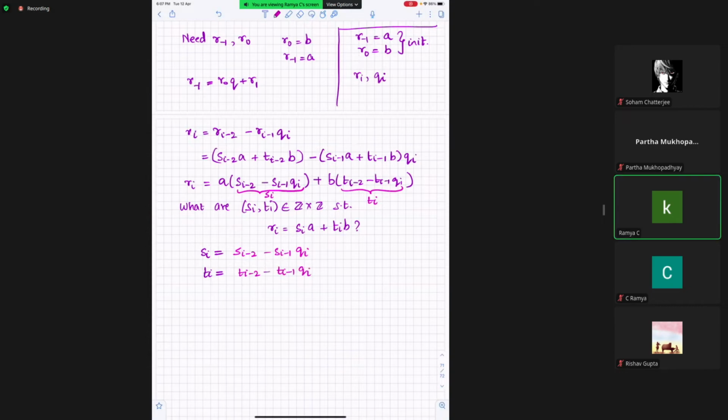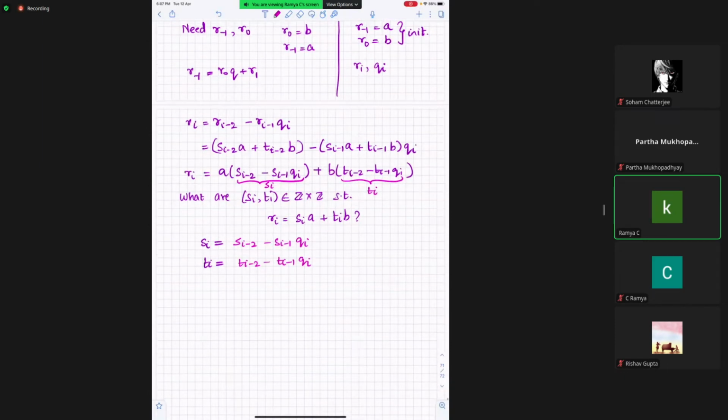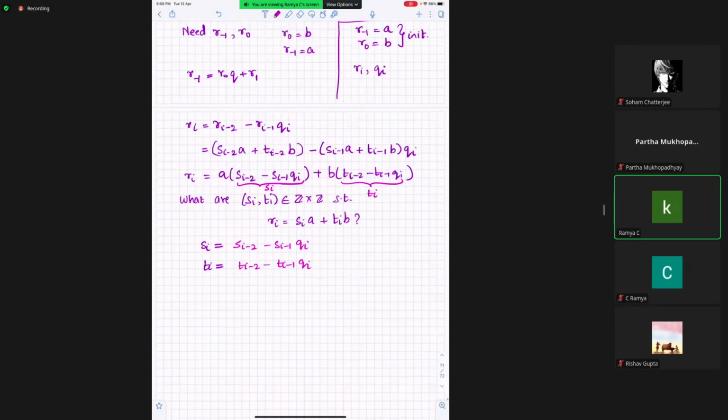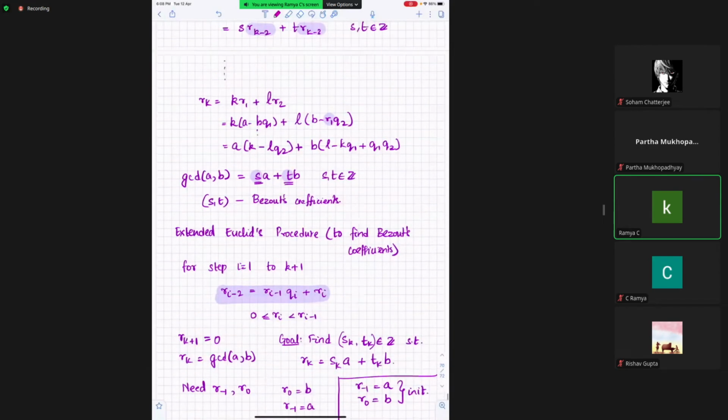Okay, great. So if I ask you what is S3, T3, you can just keep track of this at every stage and tell me the answer without doing any backward substitution. But there is one catch here. Can somebody spot that? This is really cool. If everything worked, the moment I give you the two integers, you have to do division, step by step. At every stage, you will keep track of